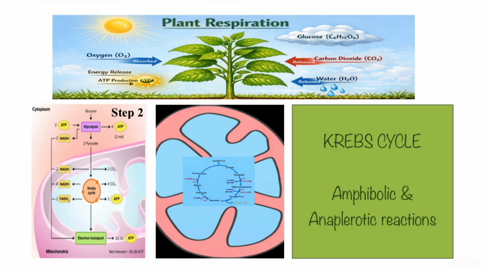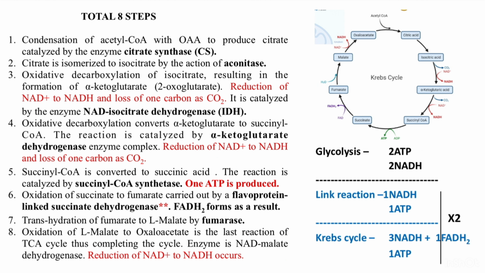Hello children. Today we will talk about the second step in aerobic respiration, the Krebs cycle. In this cycle, we will also learn about the amphibolic nature and the anaplerotic reactions associated with it. Krebs cycle has a total of 8 steps which include various types of reactions such as condensation, isomerization, decarboxylation, and